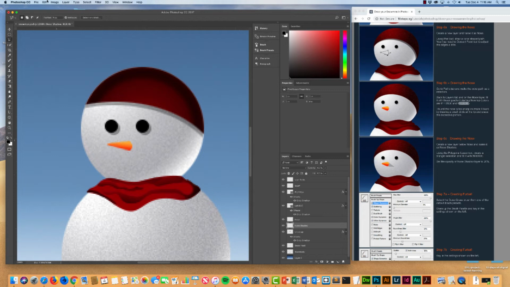And then we're going to go up to Edit, Fill. And we're going to change that from color to black. Just go ahead and click OK. And then that's where we're going to drop the opacity of that down to 20%. Looks pretty good. So if I zoom out,